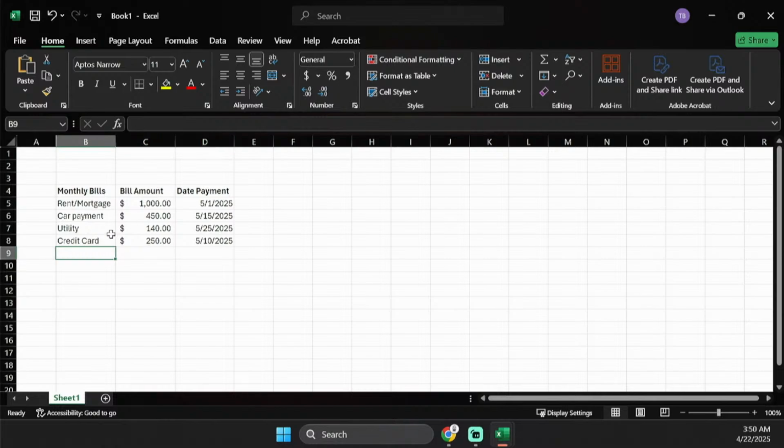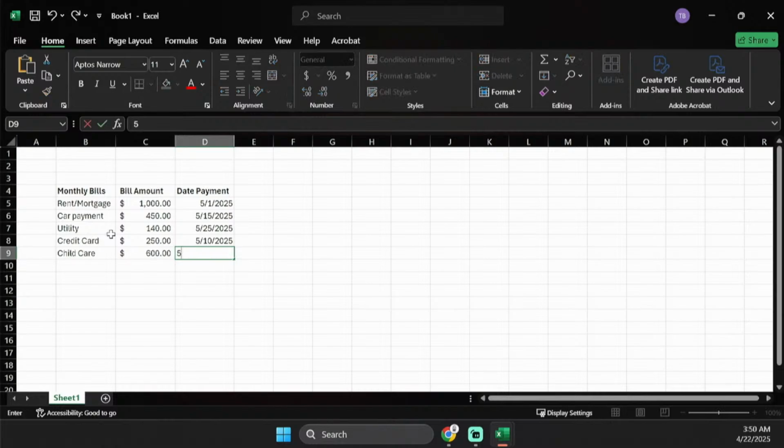So now what else? Let's do, say, childcare. I don't have any kids, so I might be way off on what childcare actually is. I think I might be close. So I'll say like $600 a week, give or take. Like I said, all depending on location as well. Or 600 a month, sorry. I don't know if it's a week or month, but we'll do 600 just for saying's sake. End of the month, so